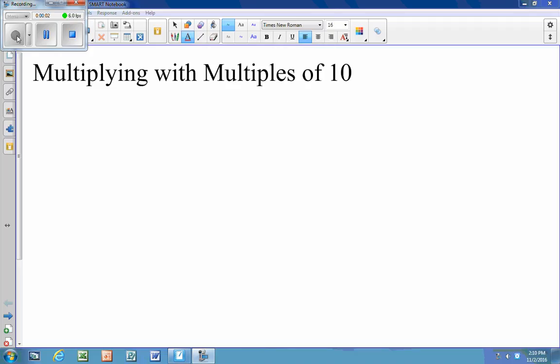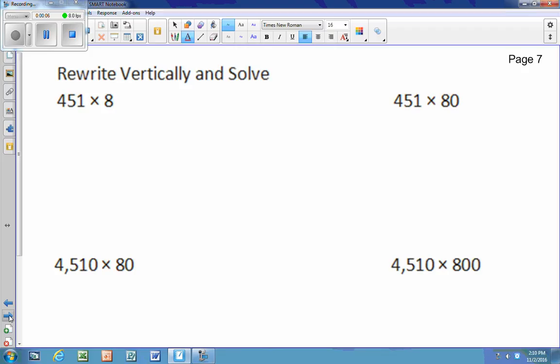Module 2, Lesson 1, Multiplying with Multiples of 10. So we have started with some multiplication, and we're always going to rewrite vertically. So I'm going to rewrite this problem,